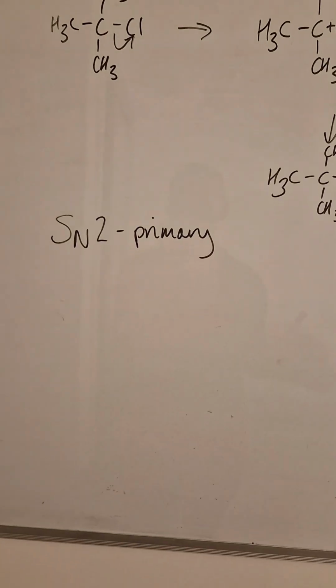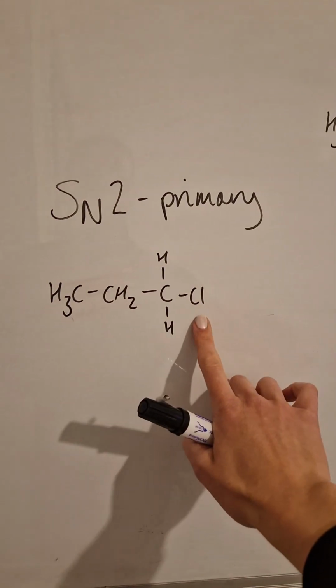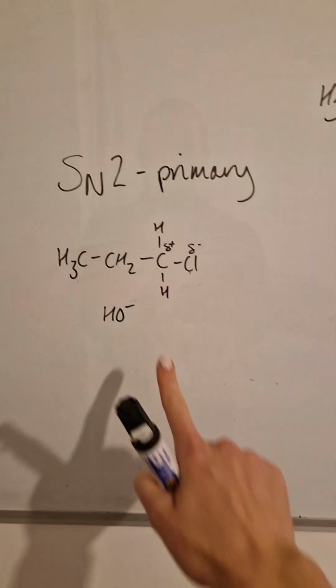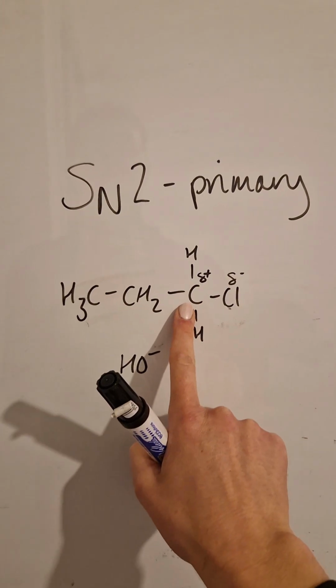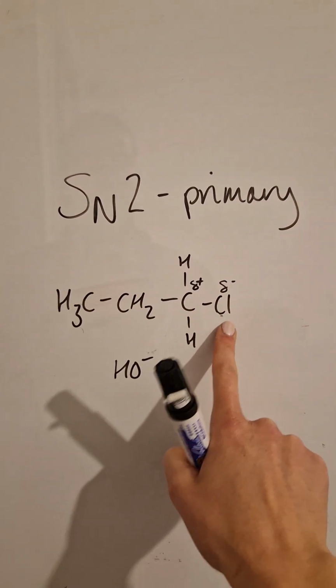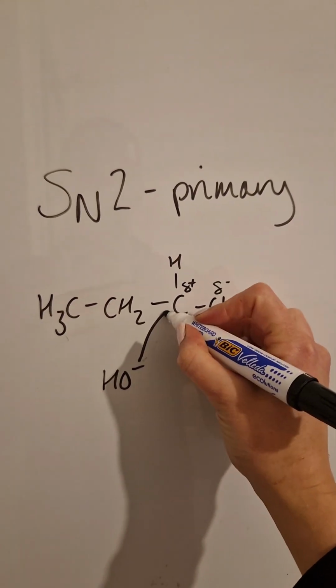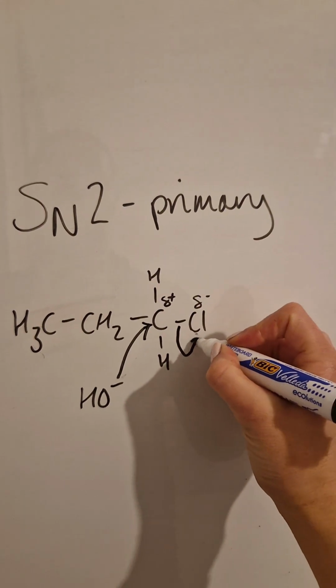If we then go on to SN2, an SN2 mechanism does not have the halogen coming off first because the carbocation wouldn't be stable enough. So what happens in this case is that your nucleophile comes and attacks the delta plus carbon, which is delta plus because it's bonded to that electronegative halogen. So that negative charge goes towards that delta positive carbon, and then the electrons flow out onto the delta minus